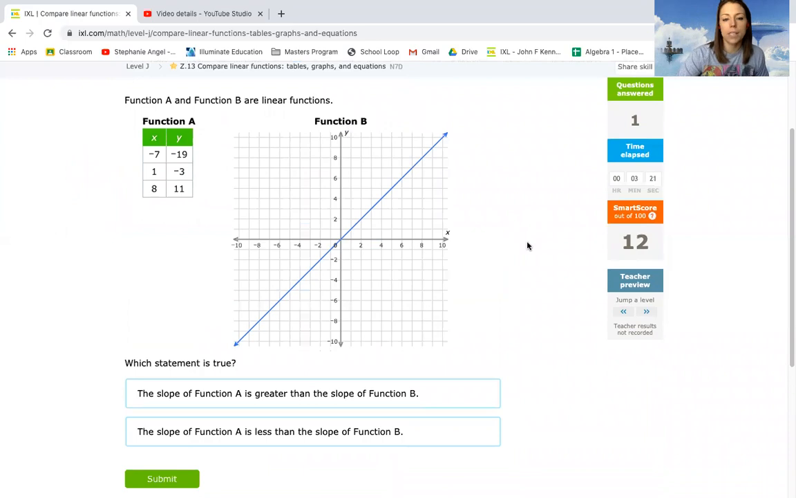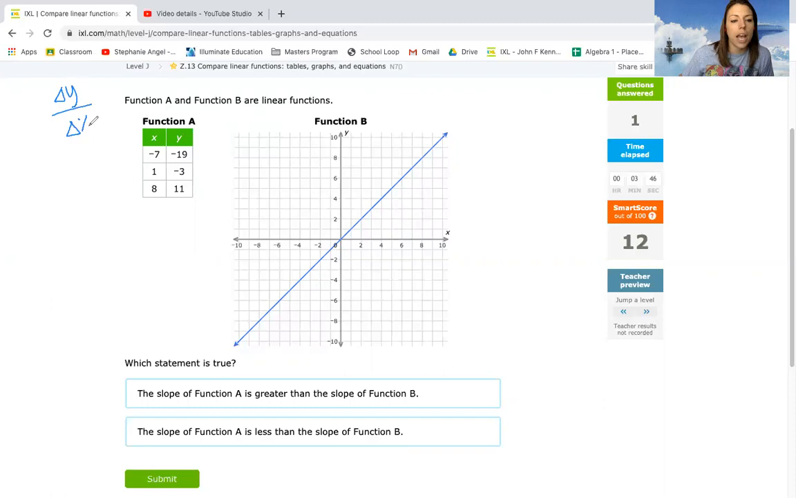We have our second question here. We're given two functions again, and it's asking us the same question: is the slope of function A greater than the slope of function B, or is it less than function B? But this time we're given a table and we're comparing it to a graph. Isn't that exciting? We get to do two different types. Okay, so let's start by calculating the slope of function A, which again, remember, slope is just change in y